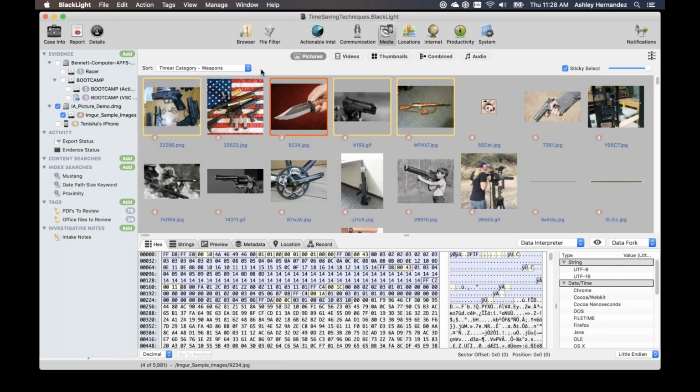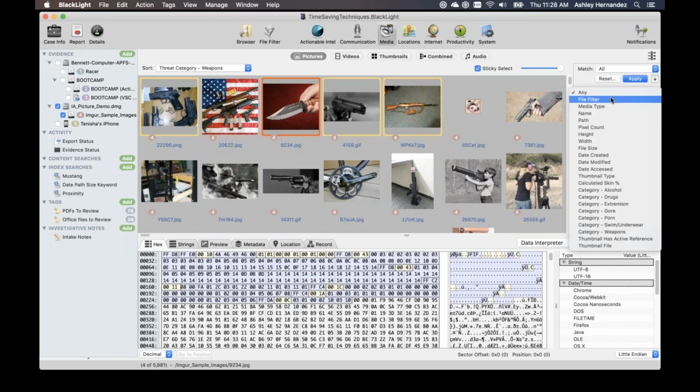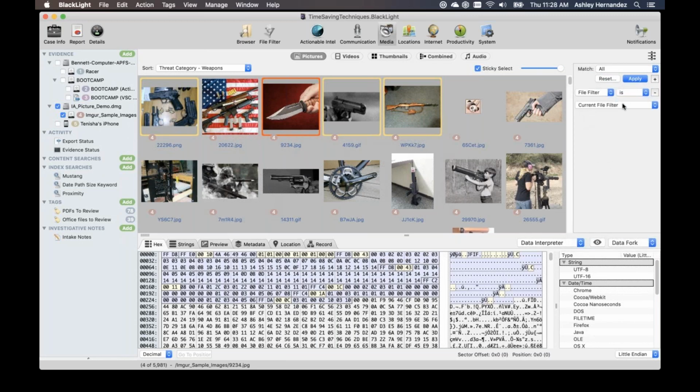You can always still filter out the items that were in the known hash set. None of these are in the known hash set, but we can always choose here to apply a filter from our filters view. So if you had, under your file filters view, that hash set running, anything in the known hash set would be eliminated from this view. You can go ahead and choose to run that on top of it. That'll reduce even more the number of images that you need to check out.